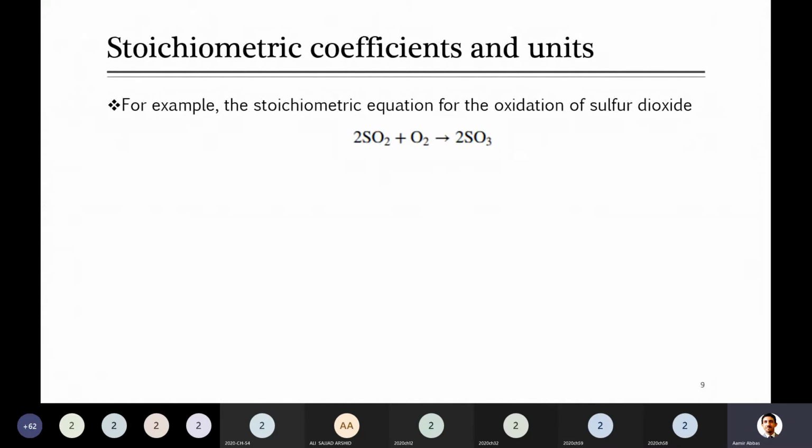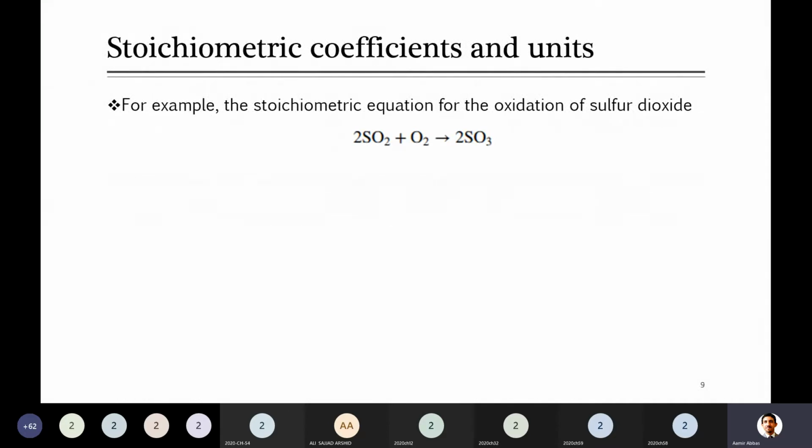For example, how many sulfur are on the reactant side? There are two sulfur atoms, and how many should be on the product side? That should also be 2. So they are definitely 2, and the same for oxygen. For oxygen, you can see that there are a total of 6 oxygen. Oxygen, okay, I'm not talking about O2, 6 O. On the other side of the equation, they are also the same. So that's called a balanced equation. If it is not like that, then it will not be a balanced equation.